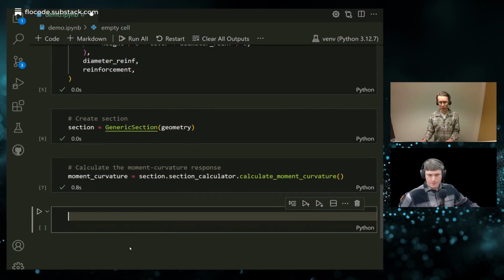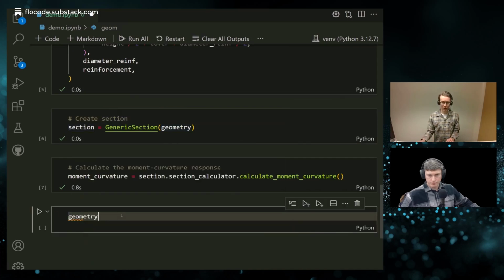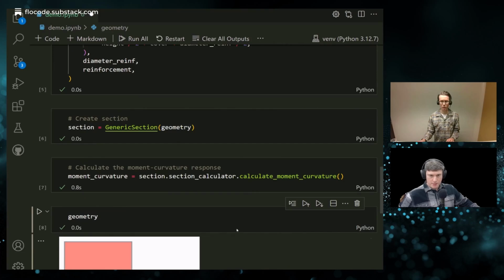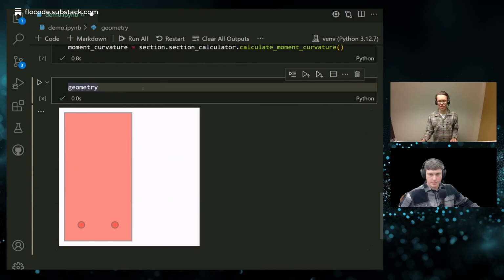So remember that the geometry object here, which is a compound geometry, if we make sure that that's a return from a cell, you can immediately see it. This is, to me, this is magic. Some magic that's included inside a Jupyter notebook. It's good to just have this kind of displayed so that you see what's happening.